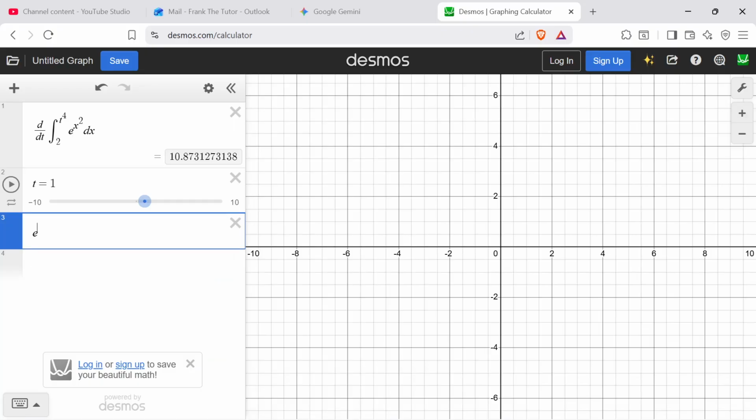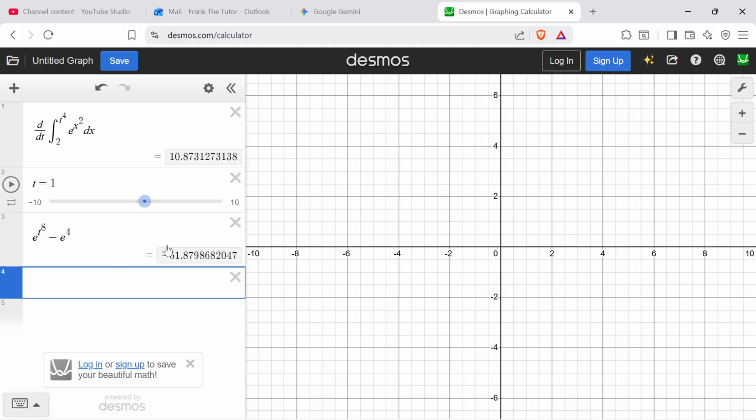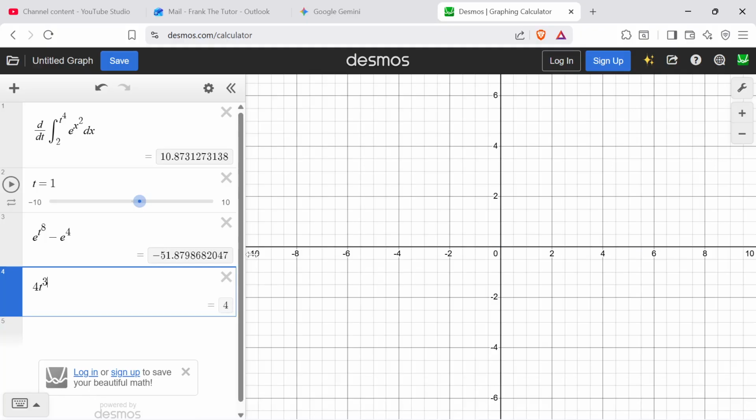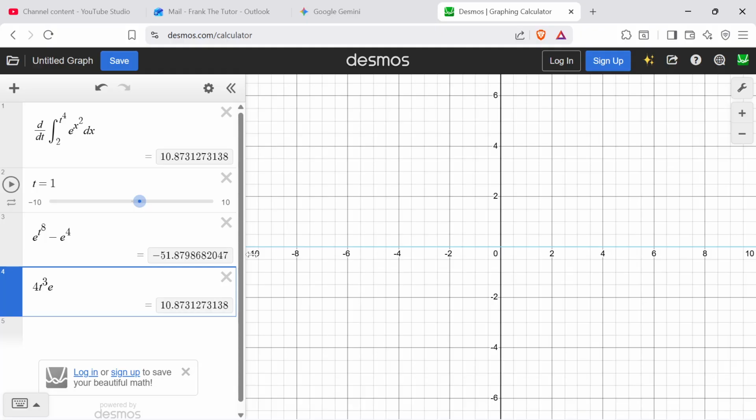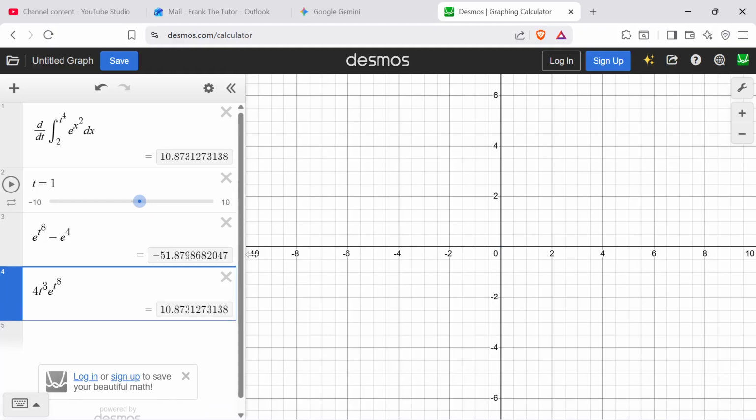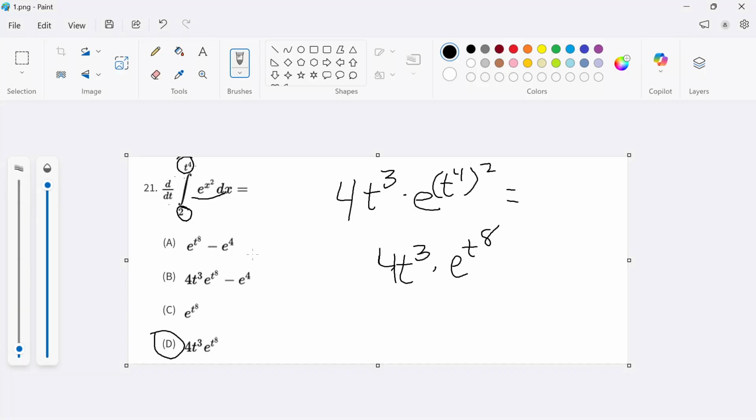e raised to the t raised to the eighth minus e raised to the fourth. Is it e raised to the fourth? Negative 51. Nope, that's not it. 4t cubed. You've got to practice on Desmos to get fast with it. I'm not that fast. e raised to the t raised to the eighth minus, oh, notice that's 10.87, and you see that's answer D,